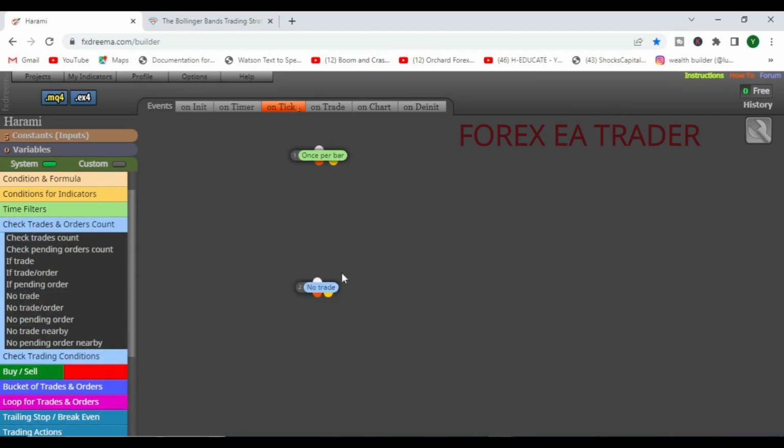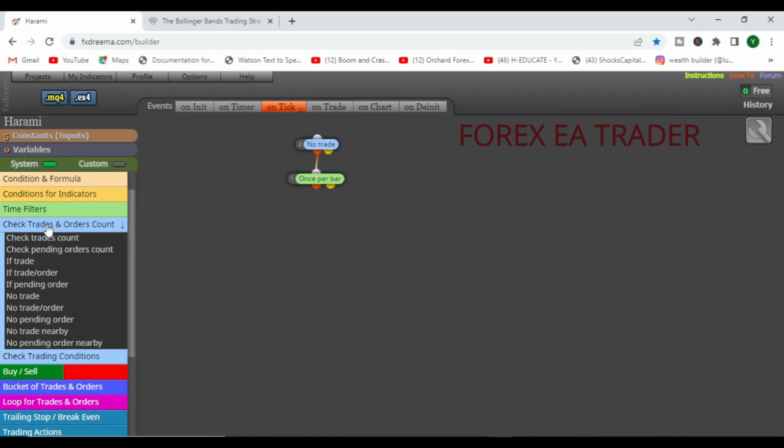Check trades. I usually also add a no trade at the top, so that our robot understands that if it has other trades running that it has already placed, any trades matching its magic number, it shouldn't be opening new trades. So no trade. If it's not trading, then we start looking for once per bar,